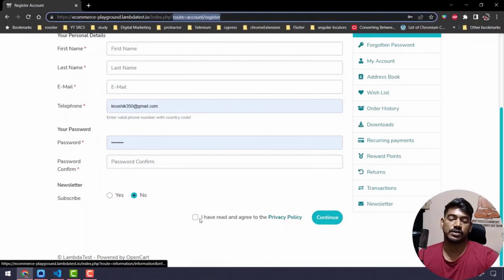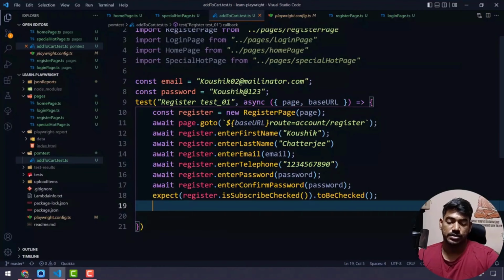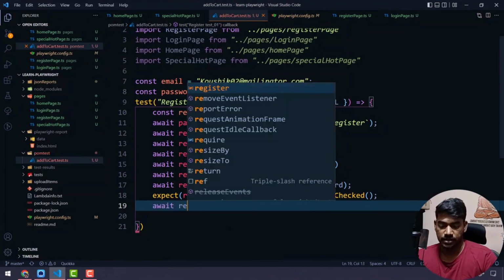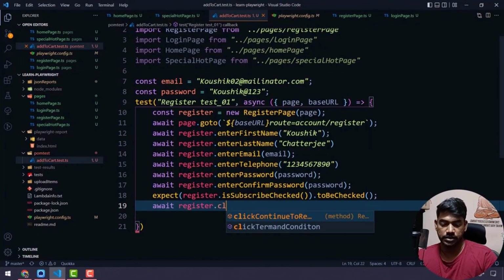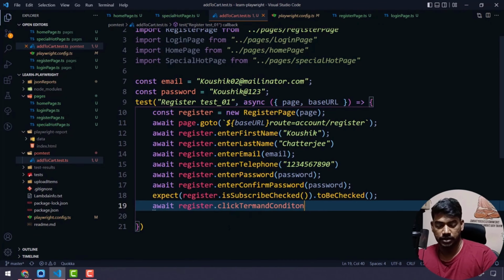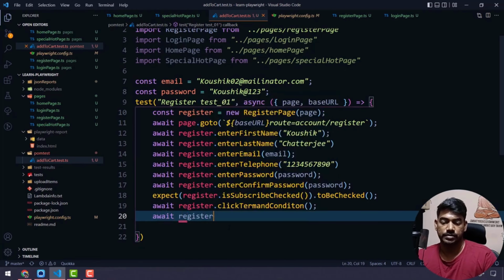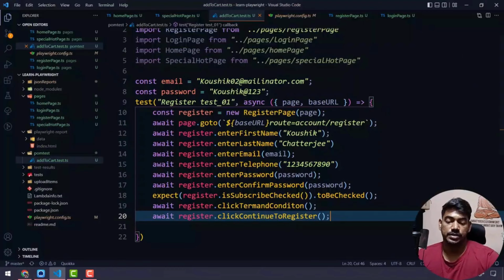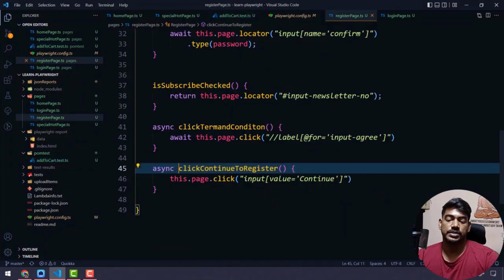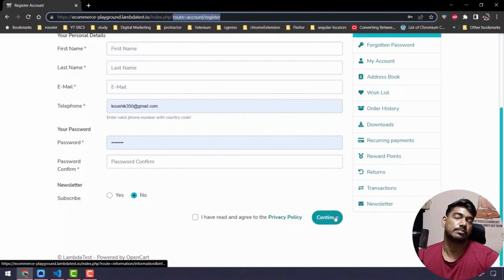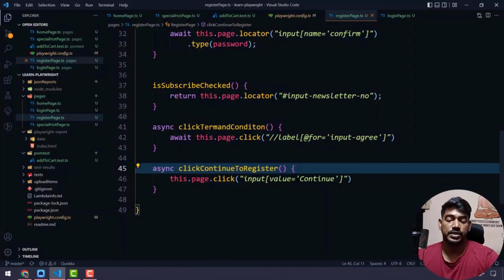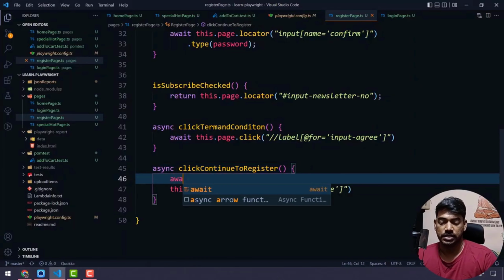Next we have to click on the terms and conditions. So here I'll say await, followed by register dot click term and condition, and then I'll write await register dot click continue to register. So that's it, very simple thing. If you go to the continue to register, basically we are just clicking this continue button, right? But we have to wait until the page gets loaded completely. So what I can do is simply say await